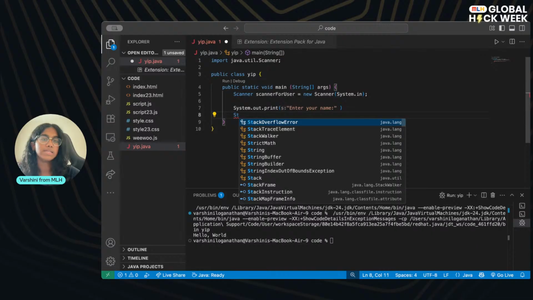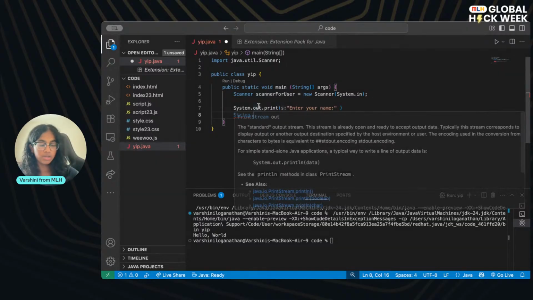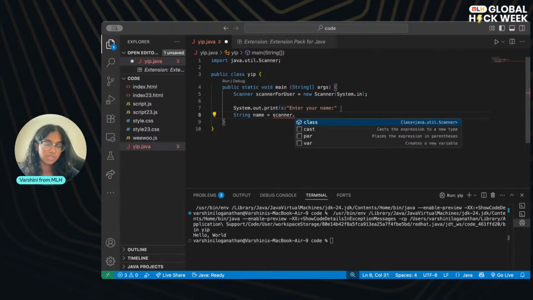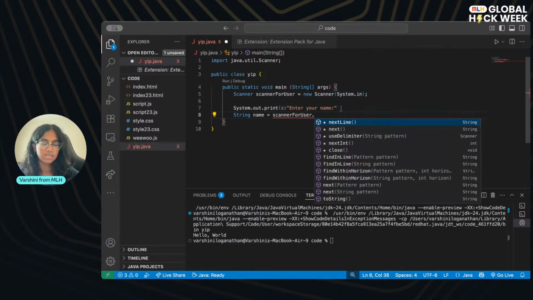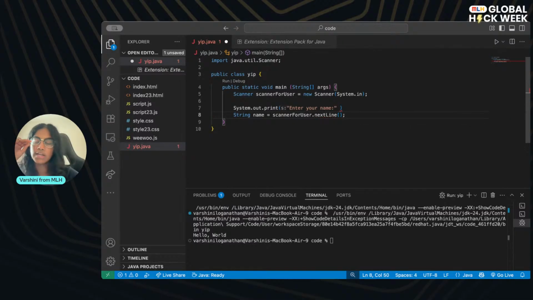And then we're going to instantiate a variable. So I know we didn't talk about the String variable, but this is another data type that we can use. So I'm going to do String, and I'm going to call it name for our variable because that's what it's storing. And I'm going to do scanner, and a method that we can use in the scanner, oh, sorry, it's not called scanner. So it's called scannerForUser. The method that we can use in the scanner is nextLine. So the nextLine method within the Scanner class waits for the user input, and it reads the line that the user enters. So this is the notation that you'll see a lot in Java.